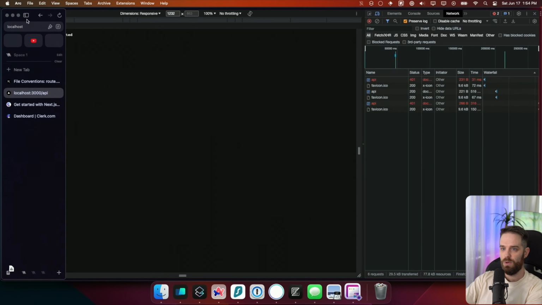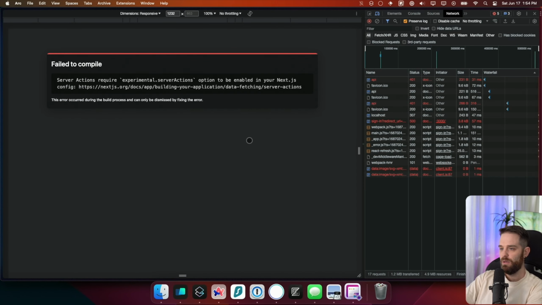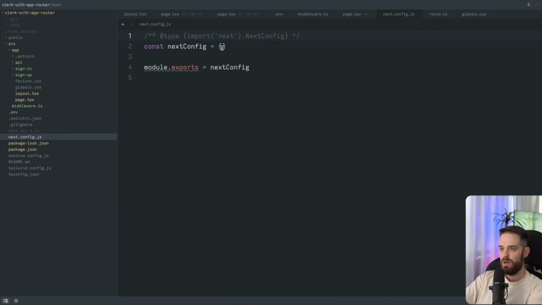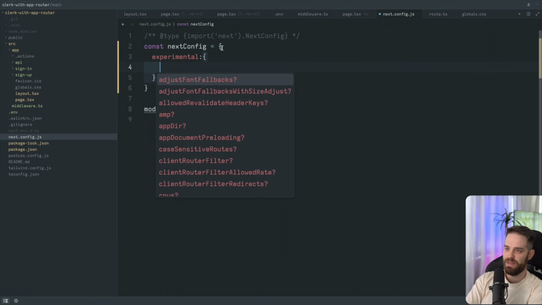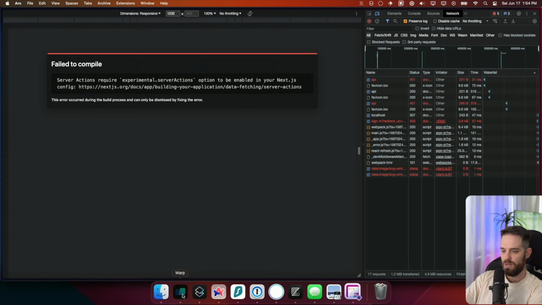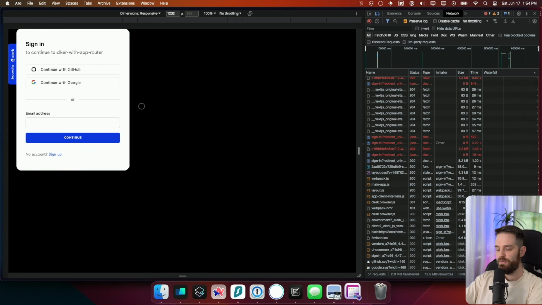So if we just go to localhost 3000, and then what we should see is this error message, which I completely forgot about, which is that we need to add this to our next config. So inside of here, we need to do experimental. And inside of that, there should be serverActions. And we just set this to true, hit save, and then we restart our server. So I don't think that's hot loaded, but if it is, okay,